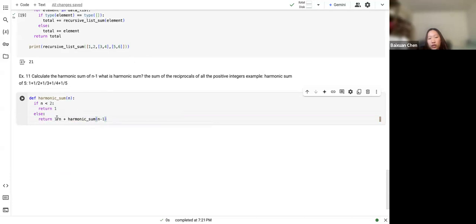Well, we're just returning the value of that digit, the reciprocal, and adding the values of all the reciprocals up till 1 before that digit. Like, for example, the harmonic sum of 5, it would be 1/5 plus the harmonic sum of 4, and so on. So then to run this, do